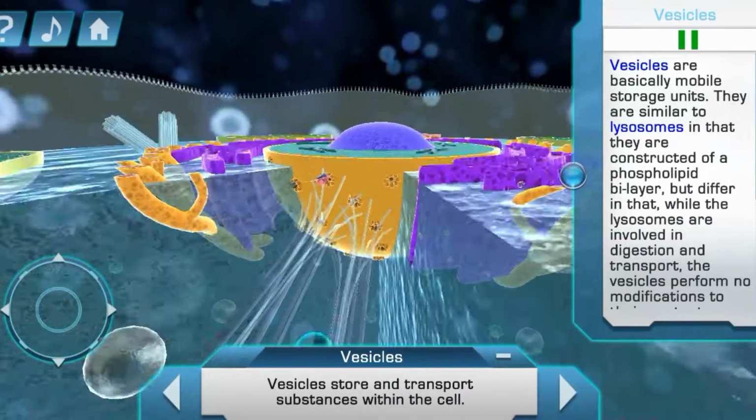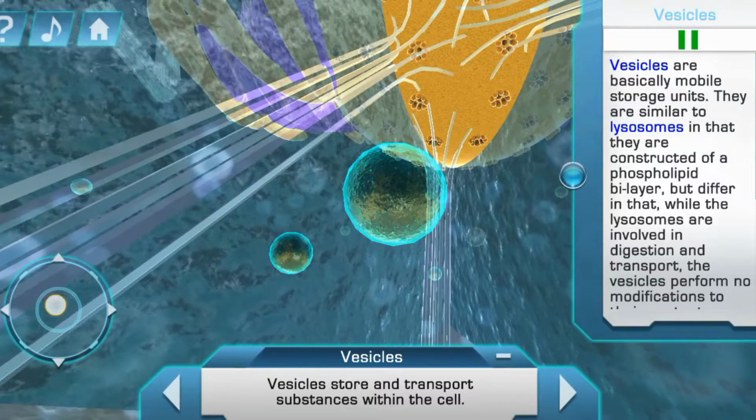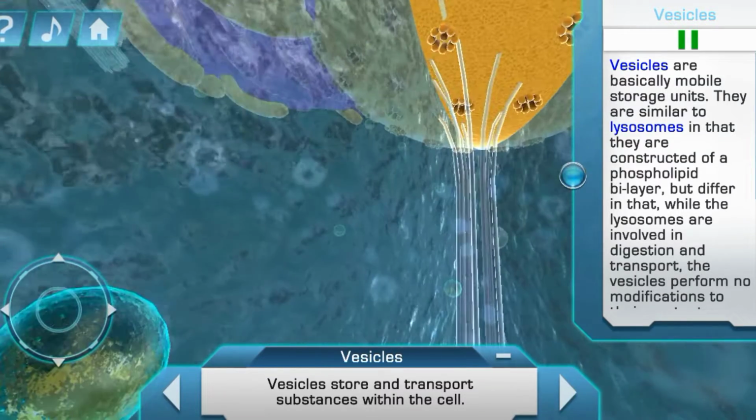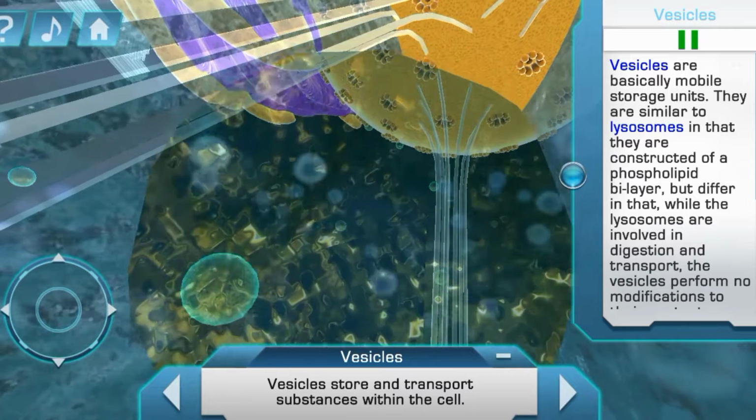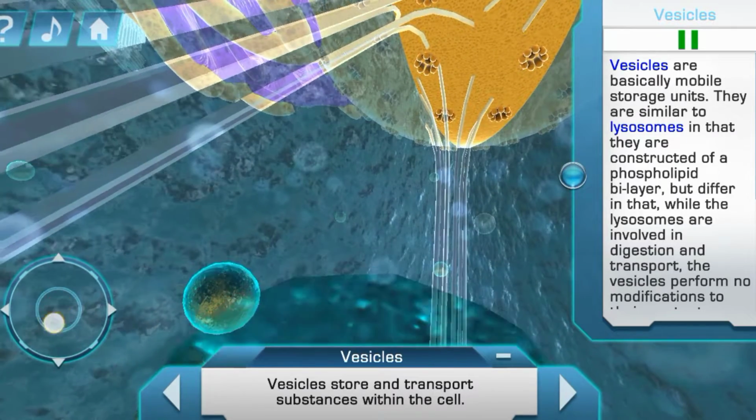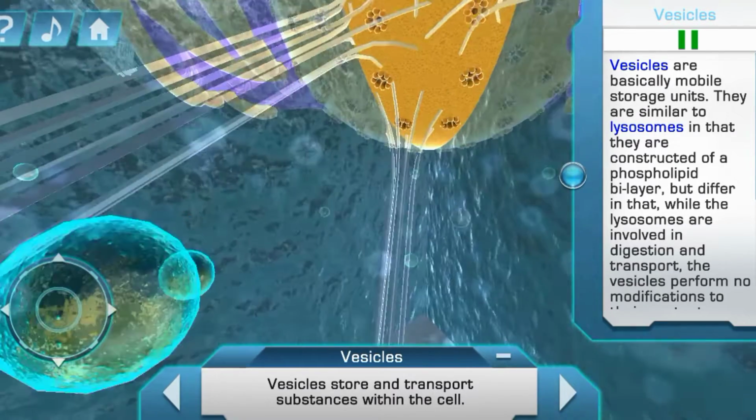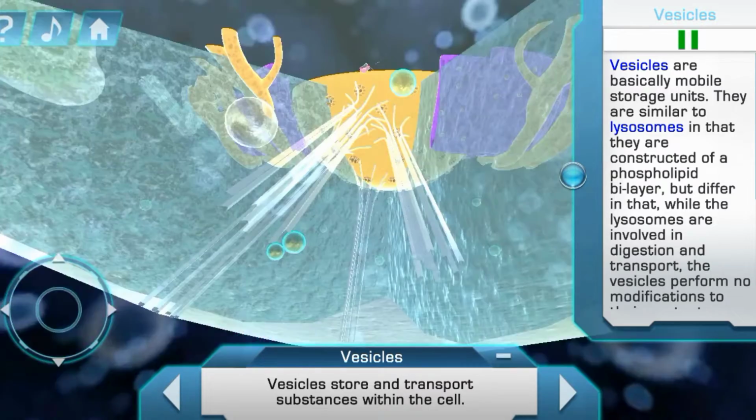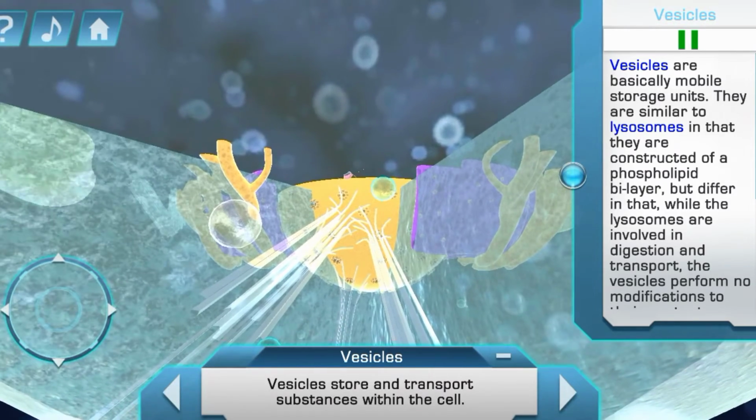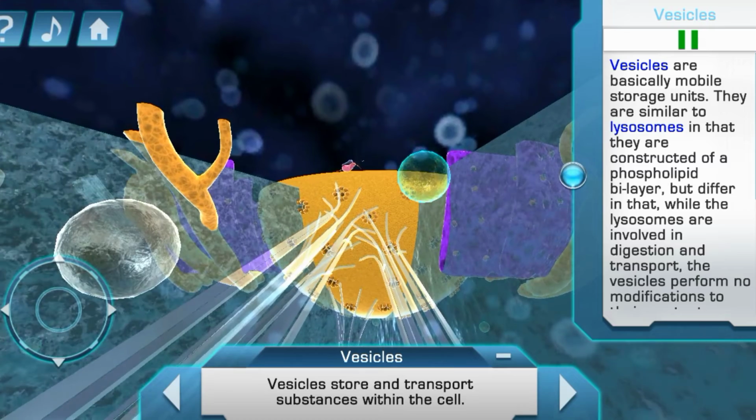Vesicles are basically mobile storage units. They are similar to lysosomes in that they are constructed of a phospholipid bilayer, but differ in that while the lysosomes are involved in digestion and transport, the vesicles perform no modifications to their contents. Vesicles may transport or store many substances